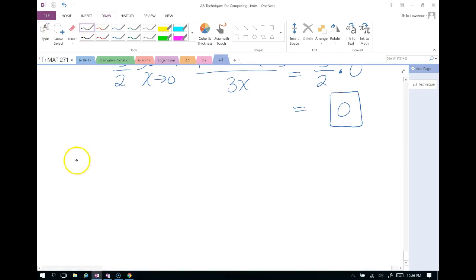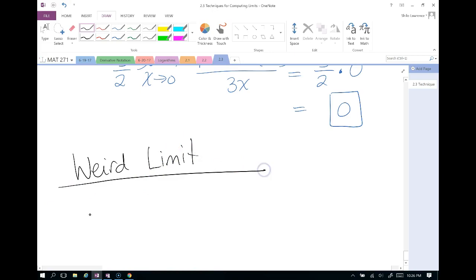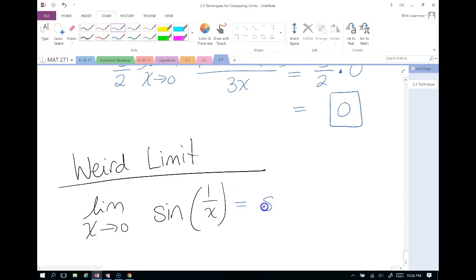So this one is a really weird limit: the limit as x approaches 0 for the sine of 1 over x. At the beginning of this section, I said you should always try to just do direct substitution. If we tried to plug 0 in there, you would be doing the sine of 1 over 0. Well, 1 over 0 is undefined, but technically, since it's a limit, if you divide by a